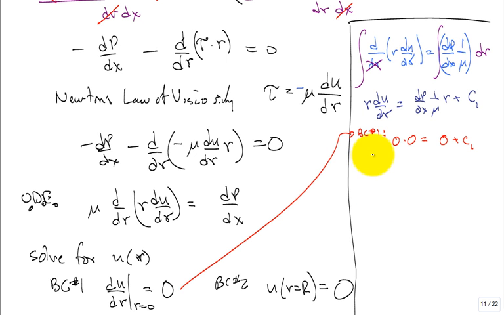So now let's rewrite that. du dr is equal to dp dx 1 over mu. The r's cancel, right? Right. And so now if I integrate that, u,